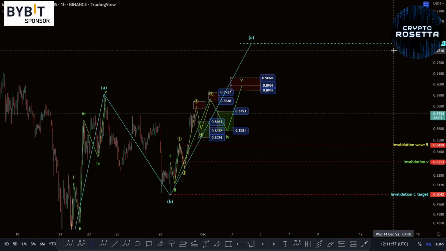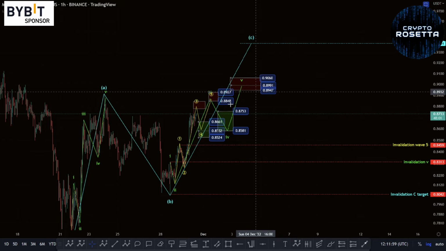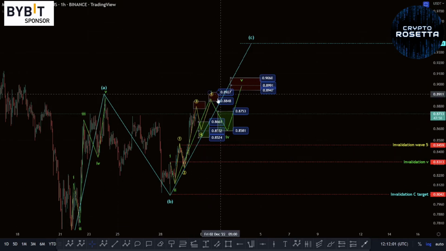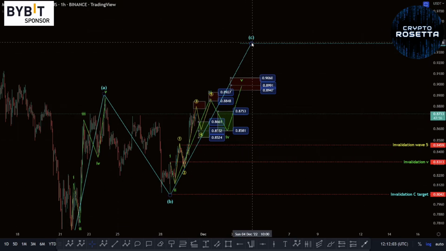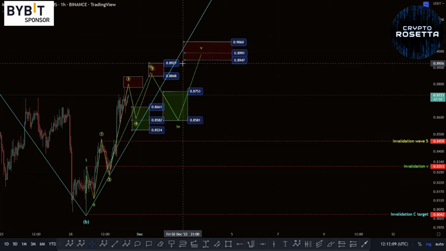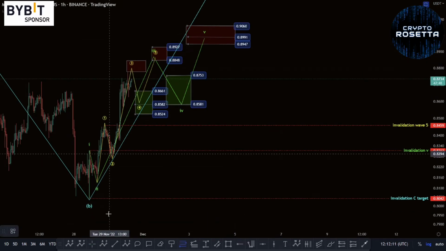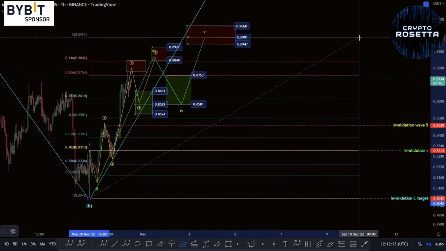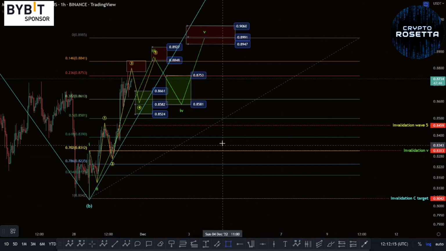It's not quite there. This is the 1-to-1 up here, this 93.84. But if we get a little bit more extension within here, it might be potentially looking to target out that area there. However, should we just form this as it's shown here, then we'd be looking for a retracement down here into this